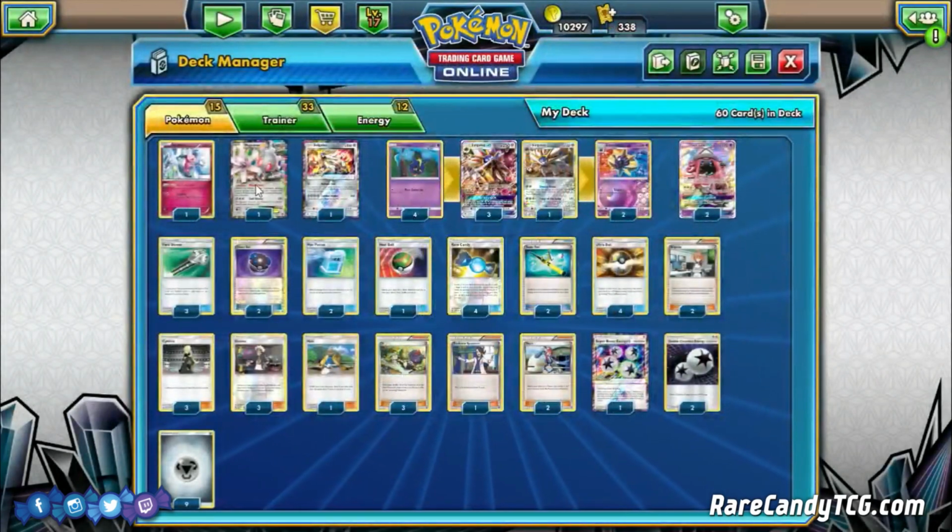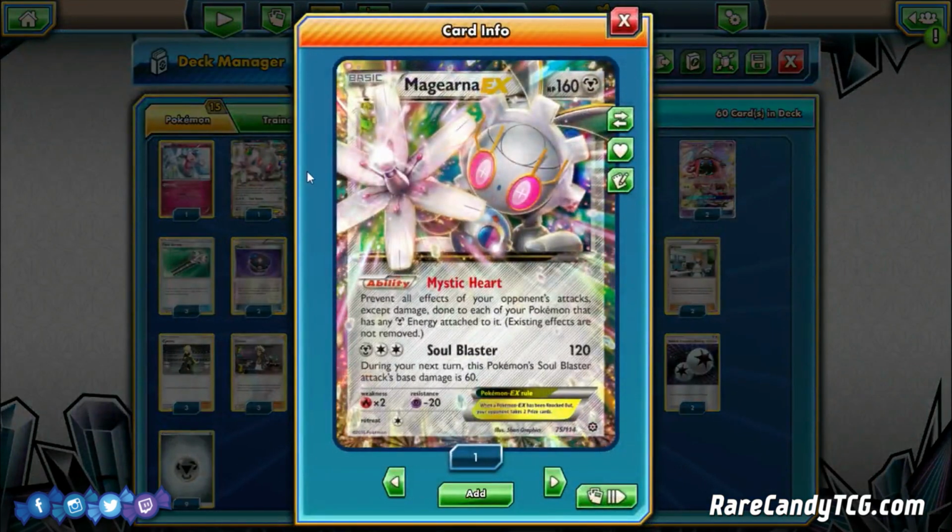But we are also playing one copy of Giurleo EX as well. Prevent all effects of your opponent's attacks, except damage done to each of your Pokemon that has any Metal Energy attached to them. So there's actually a few reasons we are running Giurleo EX. If our opponent is playing something like an Espeon EX, they actually can't de-evolve our Solgaleos that have any Metal Energy on them. If we go against something like Greninja, which is actually a terrible matchup for this deck,